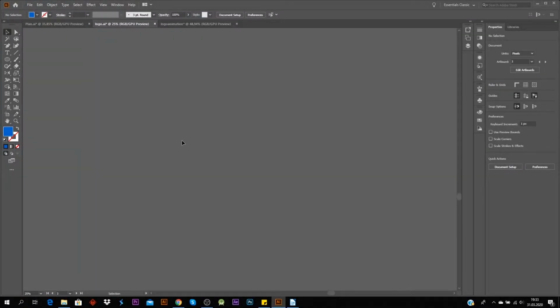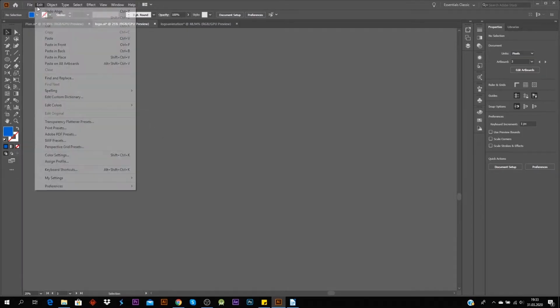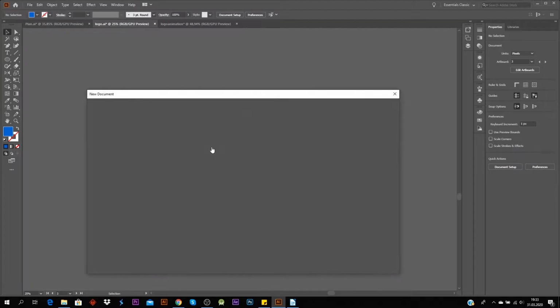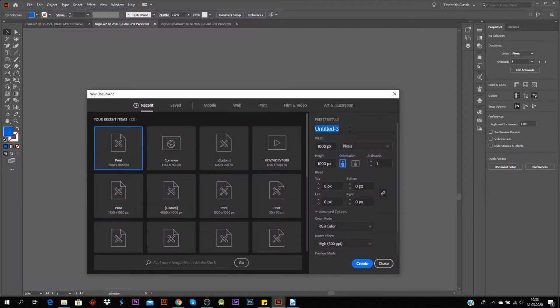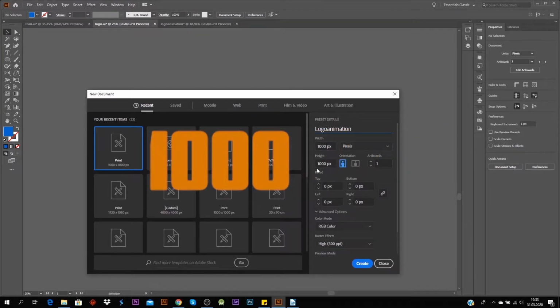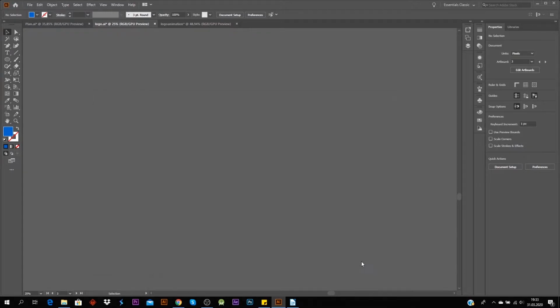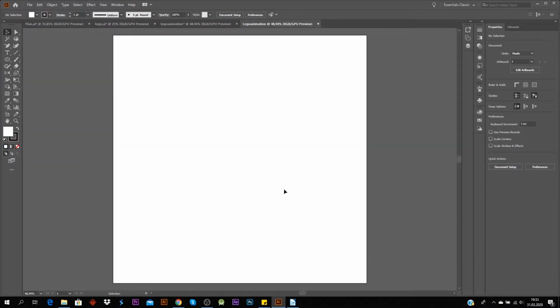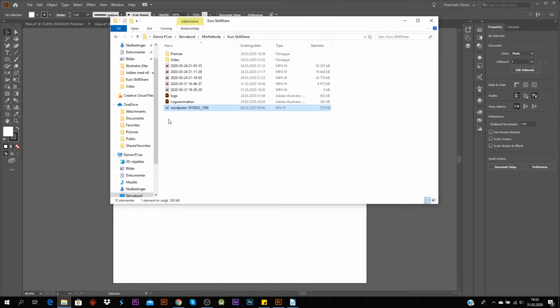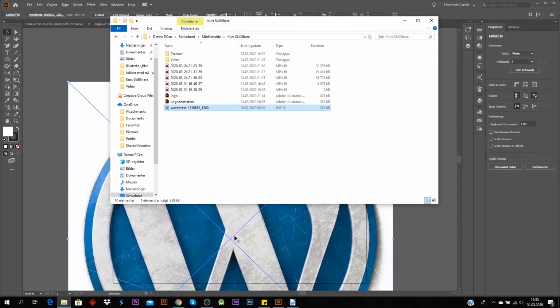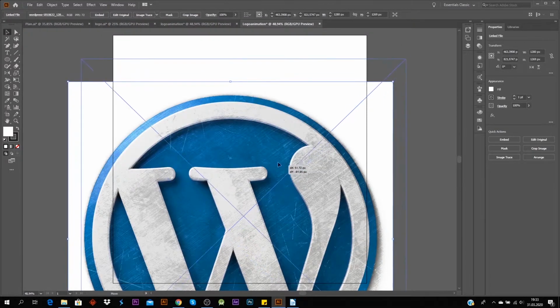So let's get started with the first part, and then you go to File, New, and you create a new document. And you call it something. And then you take the width and the height to 1 pixel each, and the color to red, green, blue under Advanced option. And then create. And I have a picture that I found from Pixabay that I want to use. So just drag it in here